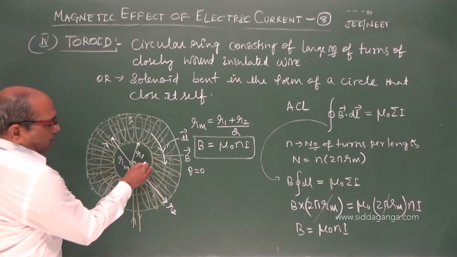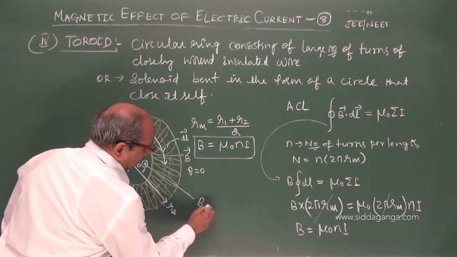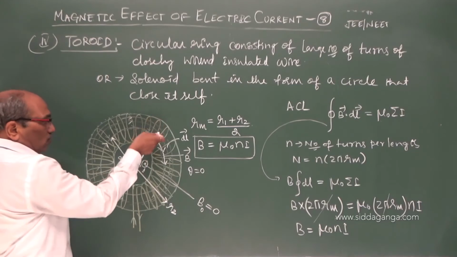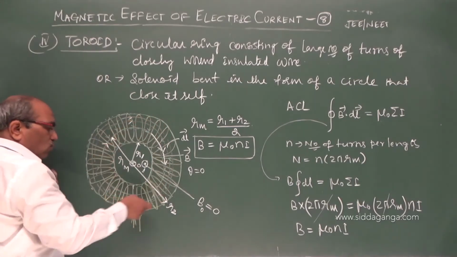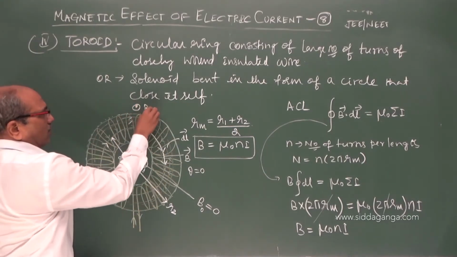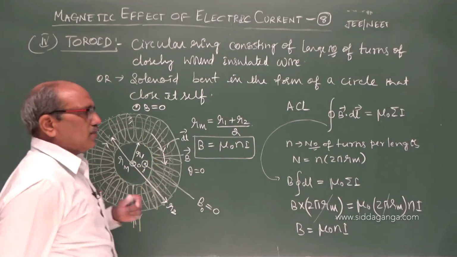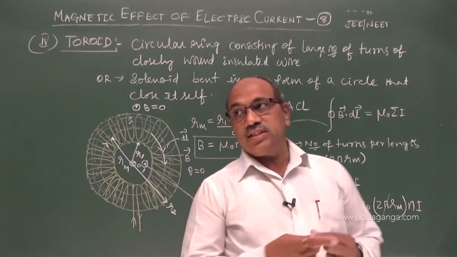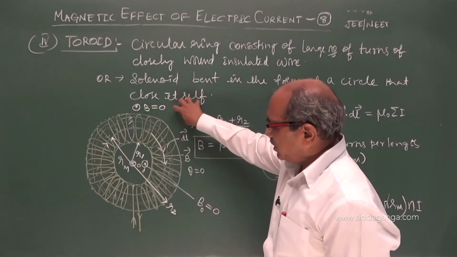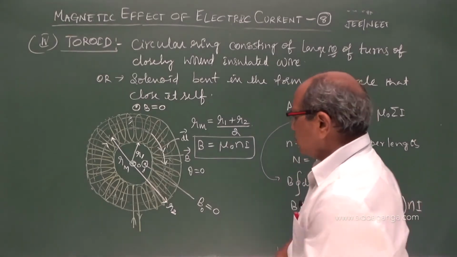If you want to see the field, at point 1, the field inside the open space of the toroid is 0. The field is only locked along the loop, inside the coil. The magnetic field outside is also 0. Only the magnetic field along the loop of the toroid exists. That is the change we see from the solenoid: no field inside, no field outside, only the field along the axis perpendicular to the loops. So that is about the toroid.